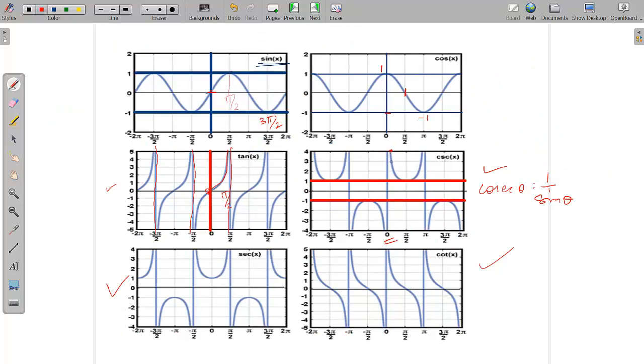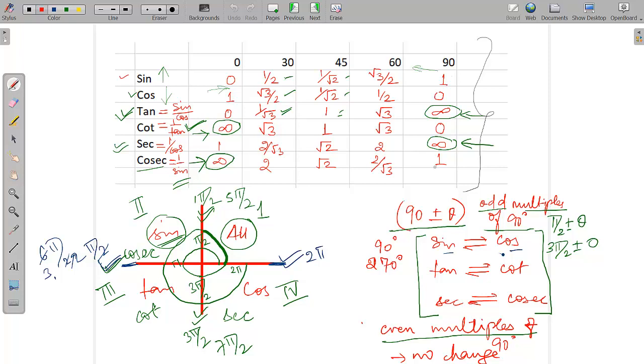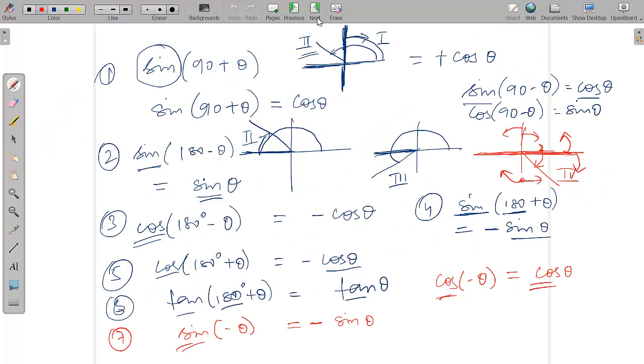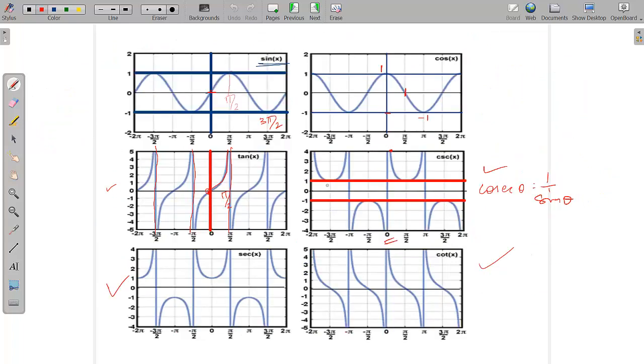So this line is actually going to touch somewhere in infinity. The cosec 0 value will be infinity, and it comes up to 1. So at 90 degrees it will come up to 1, and again it will go back. You can see that it never reaches between the points 1 and minus 1. It is opposite to the sine graph. You see that this particular part is always empty, so the cosec value never comes inside this part.